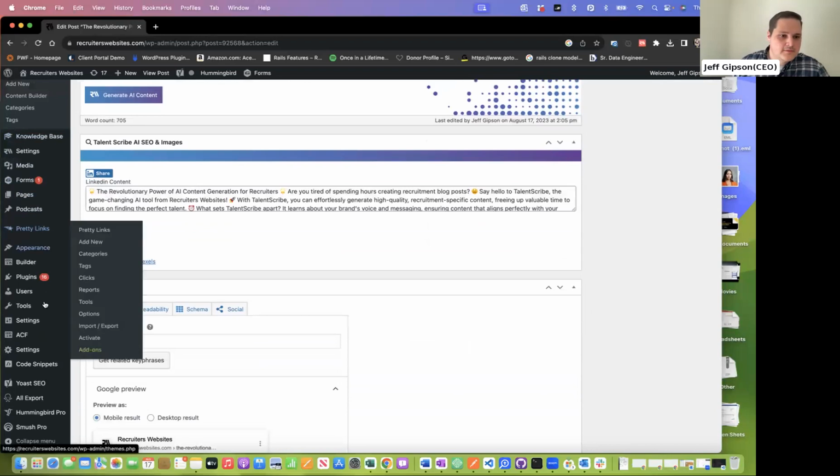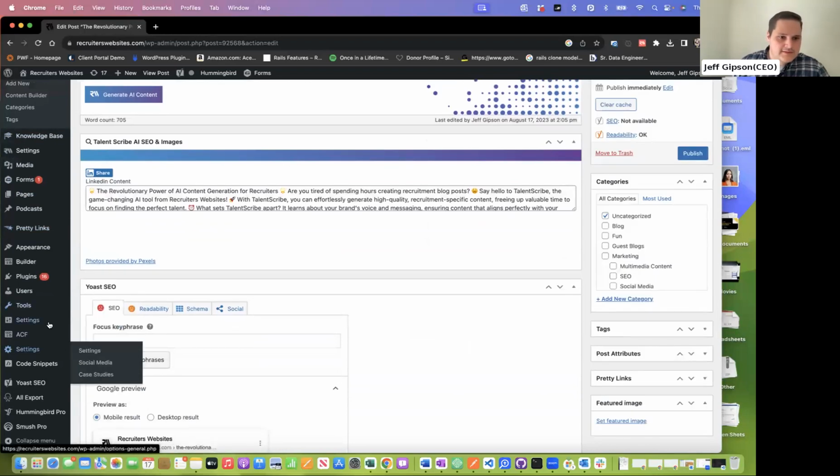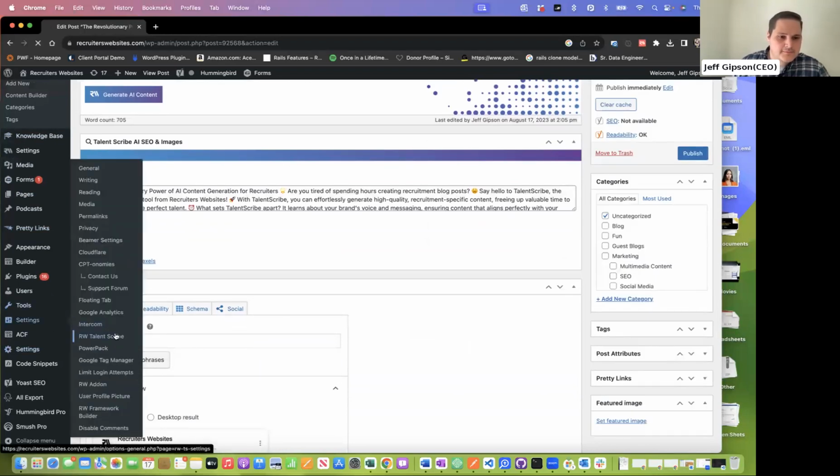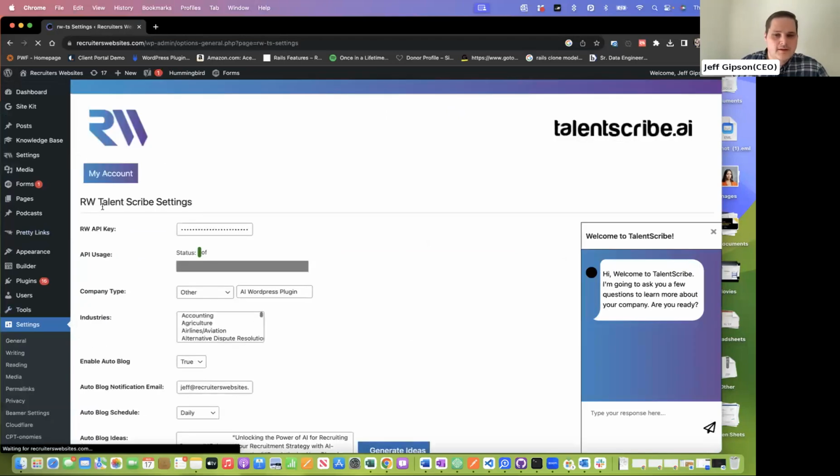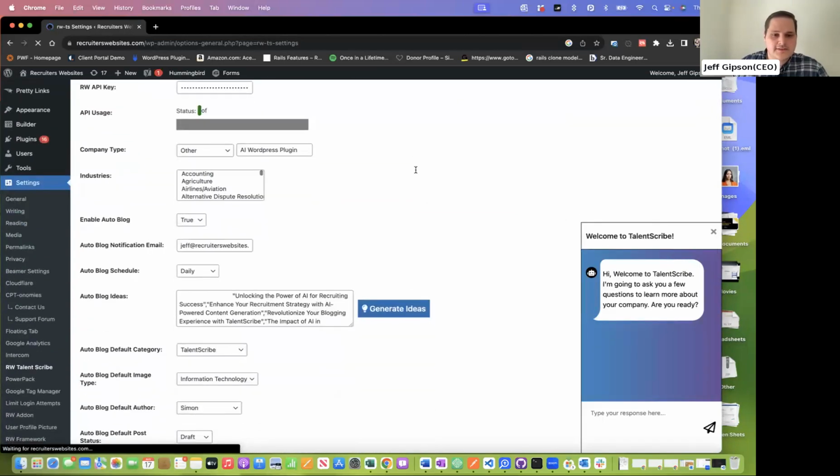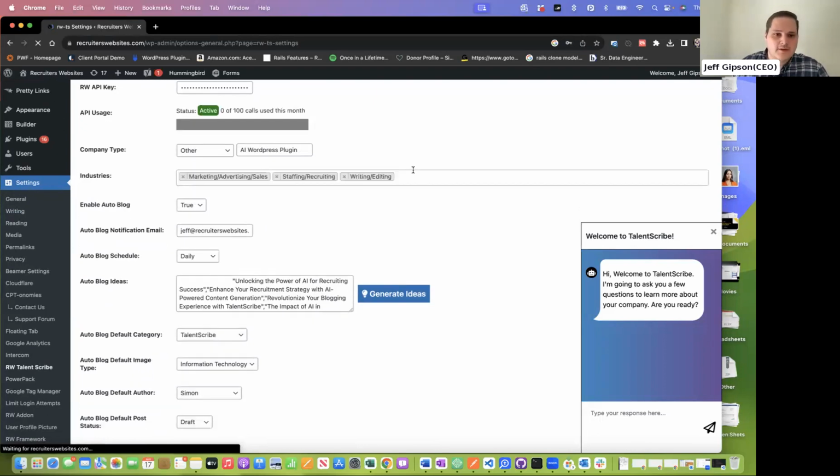And if we go into the settings area, I'll show you more about the auto post feature and how that works. So this is an area that we set up when we install the plugin on your website for you. We go through all the setup on this. So if this feature is enabled, you get all these options.